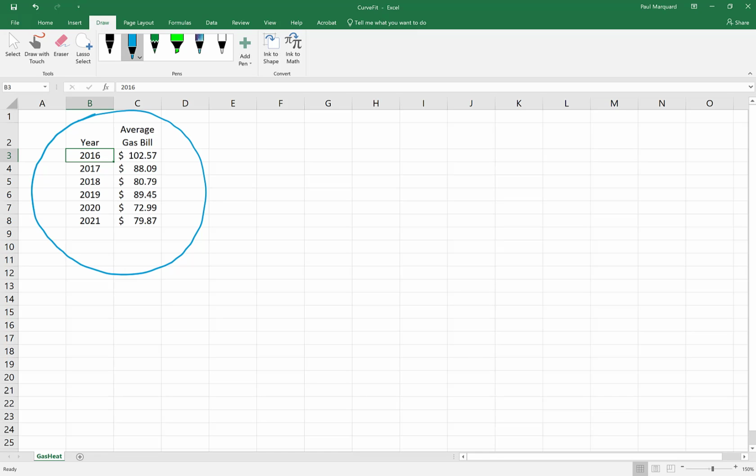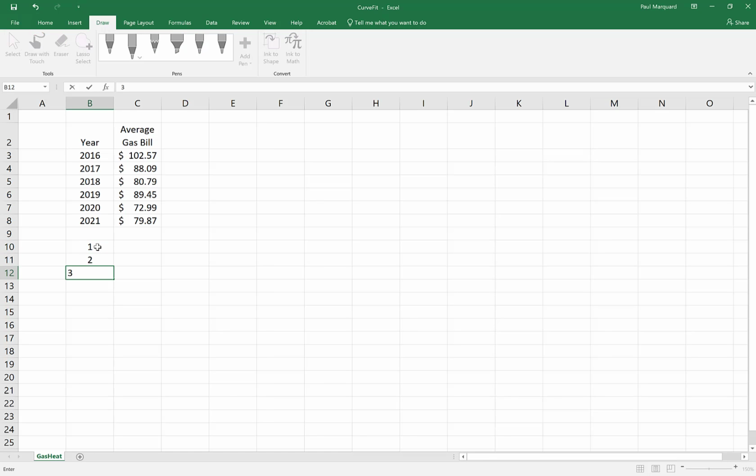So what I want to do is analyze this data and see whether or not that's substantial. We want to look at a line that will fit this data. Okay, so the first thing I want to do is I really don't want to use the year 2016 because that's a big number. So let's change the year just to 1 through